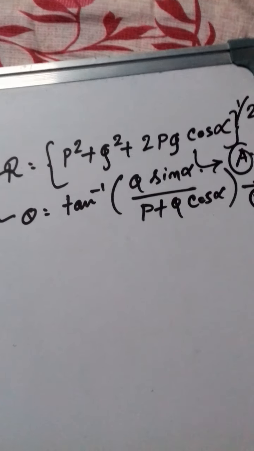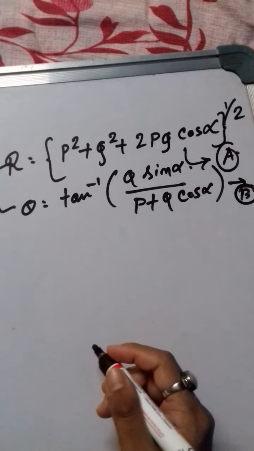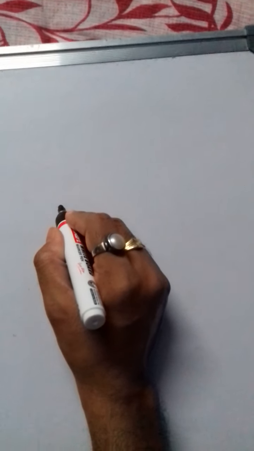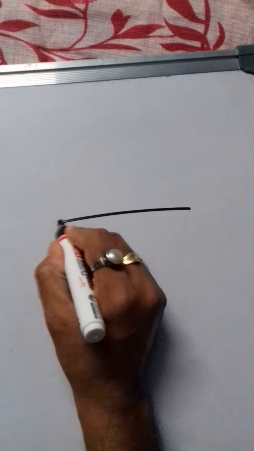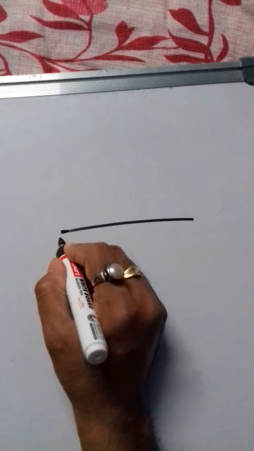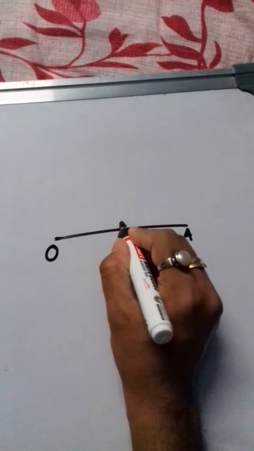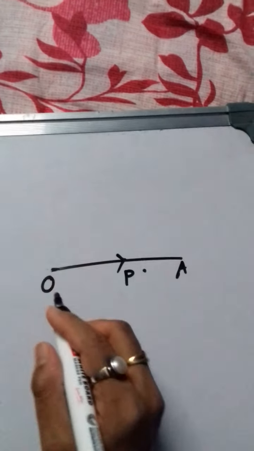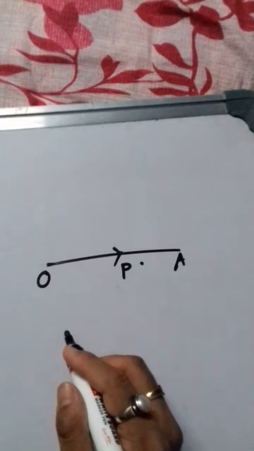the resultant force can be found out by one more method. Now what is the method? That is with the help of the sine rule. So let us first draw the diagram. We know that this was the first force, that is OA, and this was the force P. Okay, now you forget about the one more force, that is Q.